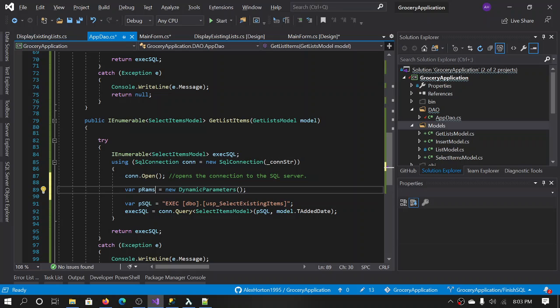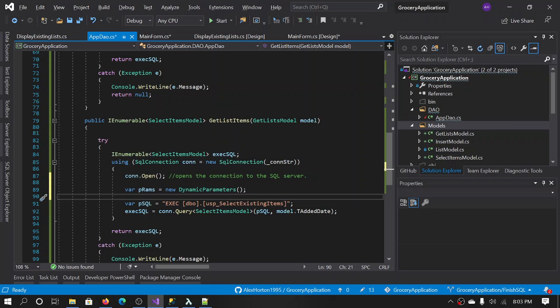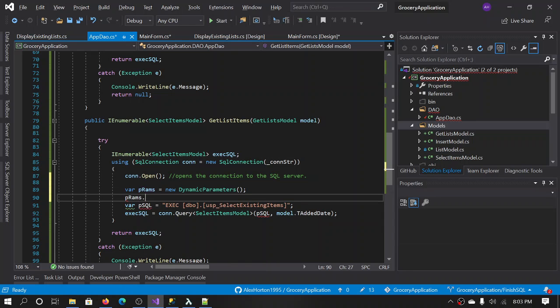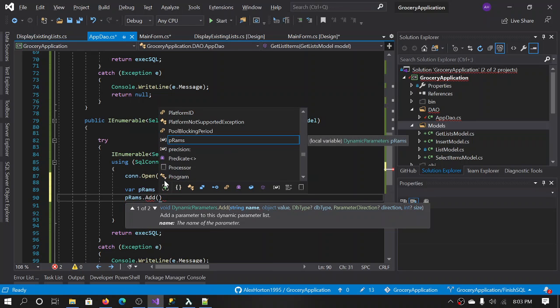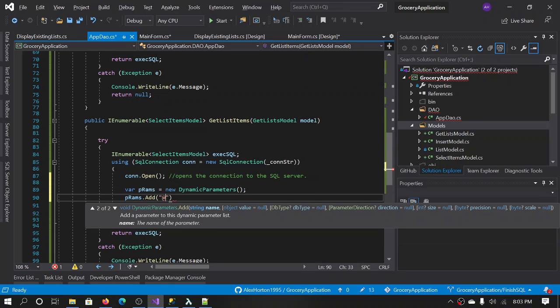Params. Let's try it that way. Okay, now param add params add, and the string is going to be at date,